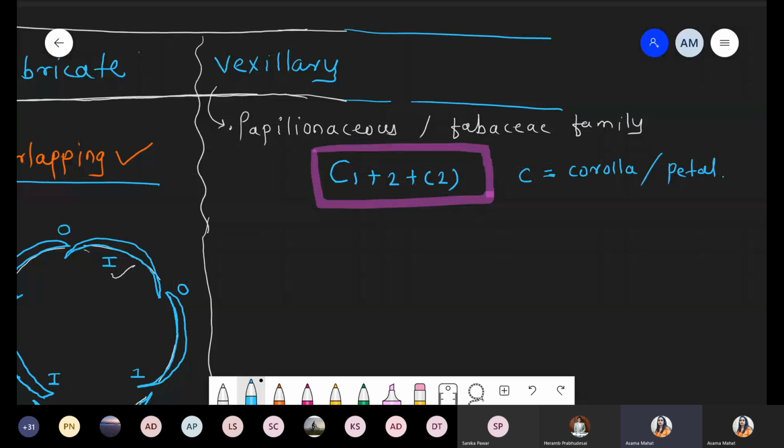Sepal, petal, calyx, corolla, androecium, gynoecium. So these are the second part, that is corolla. Now this is the representation for the corolla, and it has a total of 5 petals. How many petals are there? Total 5 petals. If you see 1 + 2 + 2, how many petals are there? 5. But those 5 will be arranged in a different manner. It is represented by 1 + 2 + (2). So we are taking a diagrammatic representation. What is the meaning of that?